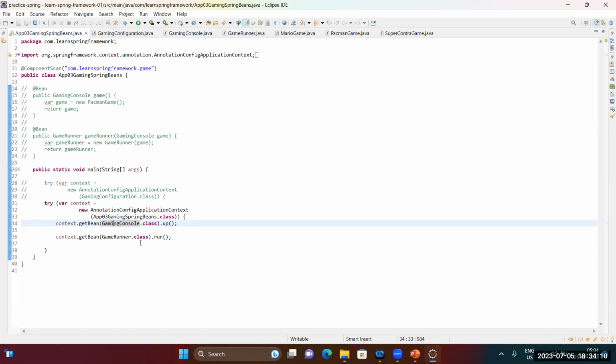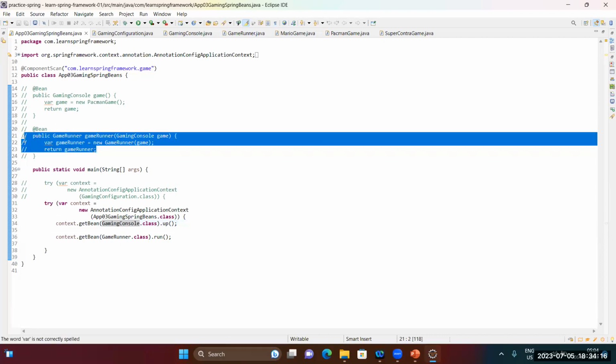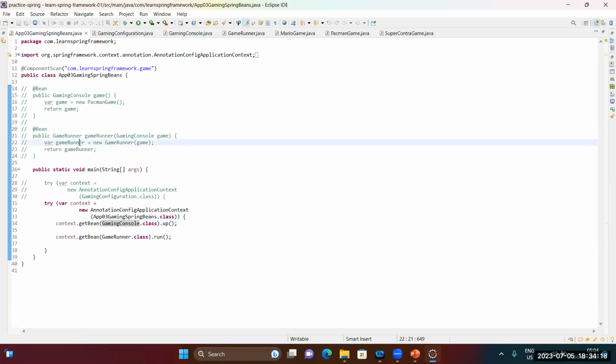Till iteration 3 we were creating beans like this, but in iteration 4, the last one, we see a very advanced thing,